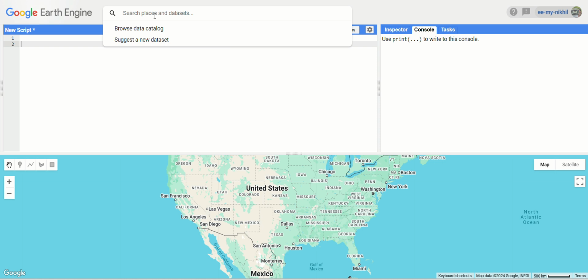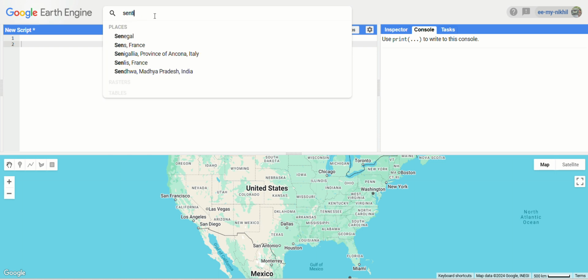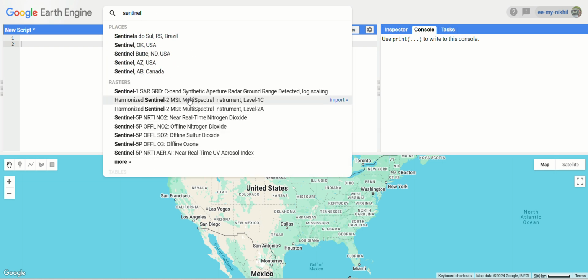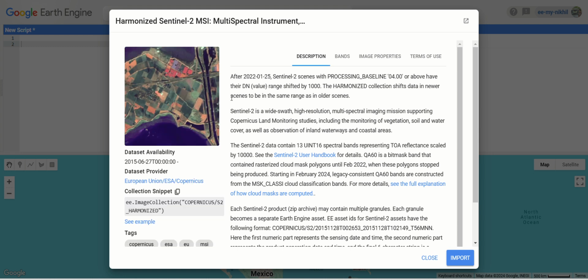This is a usual step. We are searching in the dataset catalog for Sentinel. If you search Sentinel, we have the datasets relating to Sentinel. The first one is the Sentinel-1 SAR ground range detected, which is C-band SAR data. In today's video, we will just filter the optical remote sensing data, the level 1C, and we'll open it. Here you can see the dataset is available from 2015 June 27 to till